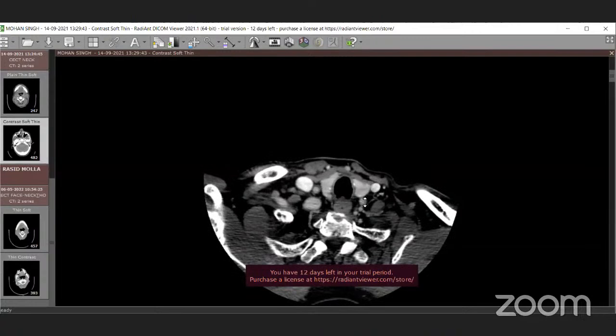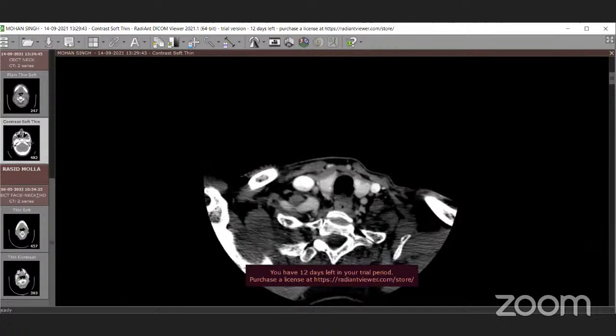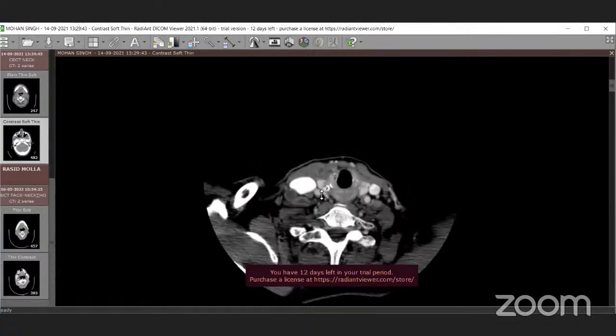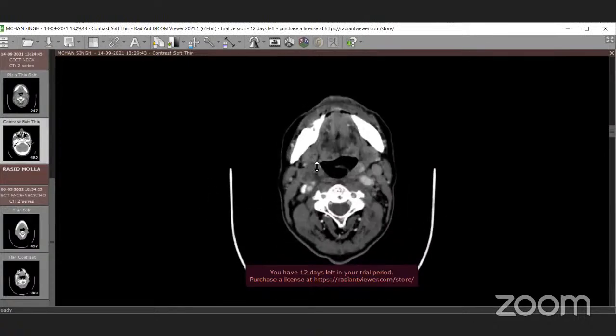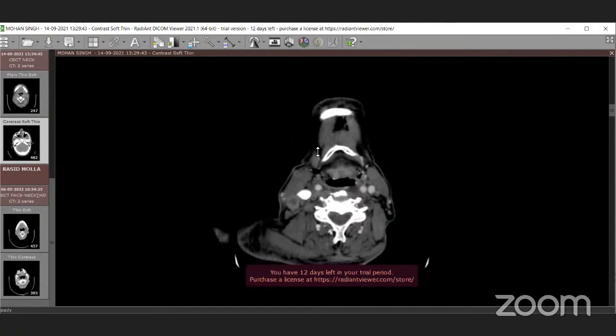Thank you. So we are going to move to the lymph node levels, not the details of it, but we'll start with some tricky structures as I already mentioned. We'll start with level 1A and 1B. So I think you could move upwards. Sir, please show us the mylohyoid muscle again.